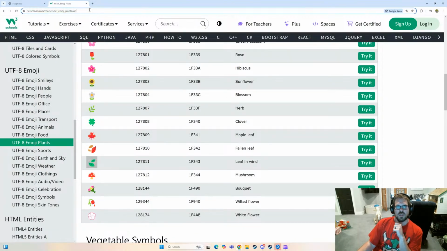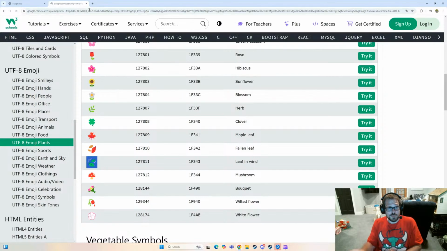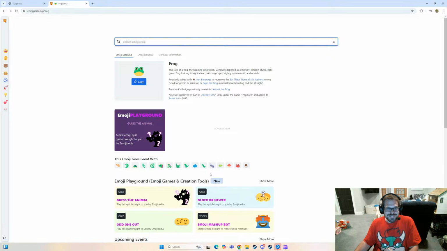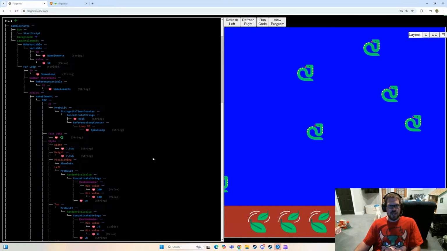So now let's see, emoji HTML frog. Oh, got a frog. You could unlock other characters maybe that you could play as in the future. But let's start with the frog. Oh, did it copy? Copied. Okay, now,